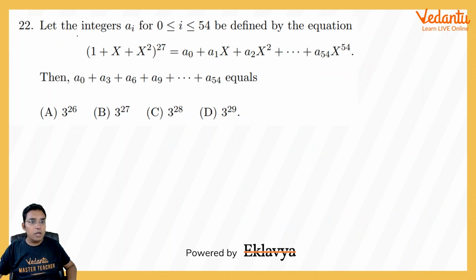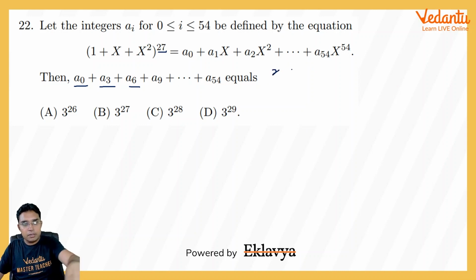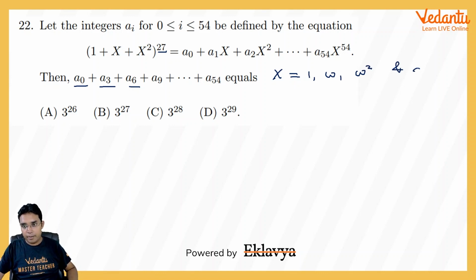Now coming to 22, it says let the integer ai for i between 0 to 54 be defined by the equation (1 plus x square) power 27 is equal to a naught plus a1x plus a2x square and so on up to a54 x power 54. Then we have to find a naught plus a3 plus a6 and so on, all their sums, and these are all the multiples of 3. I think that's one very standard method for doing such questions. We put x equal to 1,